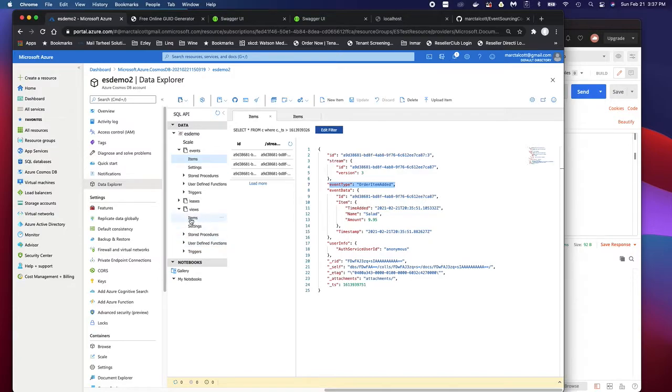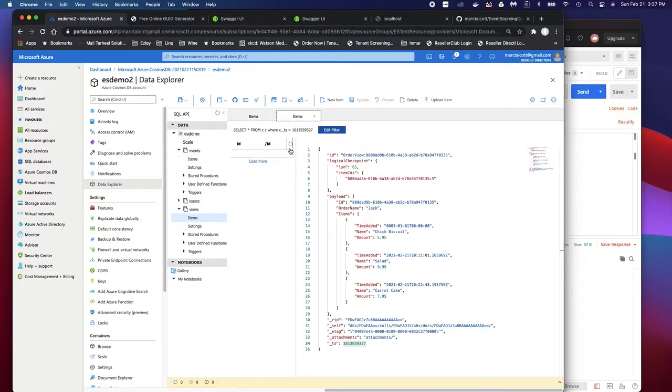Then we have the views database. The views database is getting updated based on the events that occur. So if we go look at the views right now, it's going to show our order in its current state. So initially, if we would have looked at this as things were happening, it would have been created and there would have been a ham sandwich, and then it would have changed and